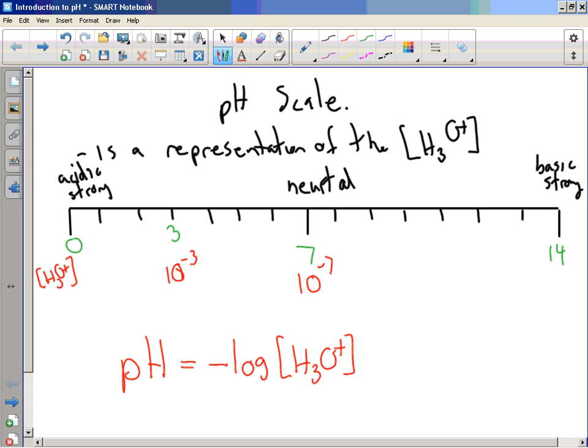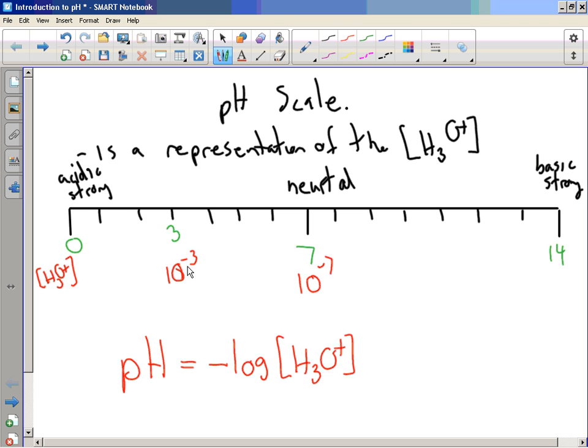Now 10 to the exponent negative 3 is only 0.0001, right? Actually, I think I might even have one too many zeros in there. But that's a lot bigger than 10 to the negative 7, which has a whole bunch of zeros in front of it, all right? So notice as we move towards the acidic side of things, the amount of H3O plus